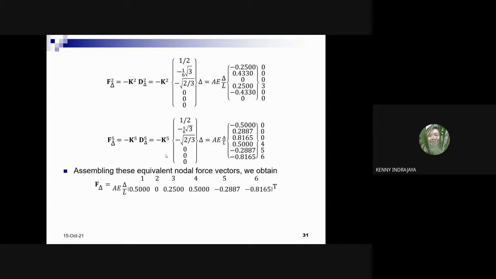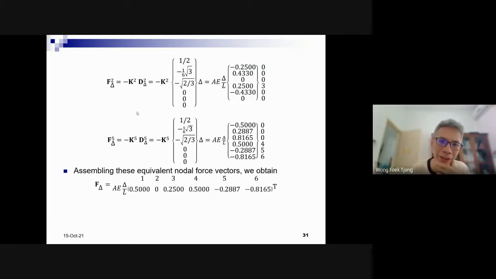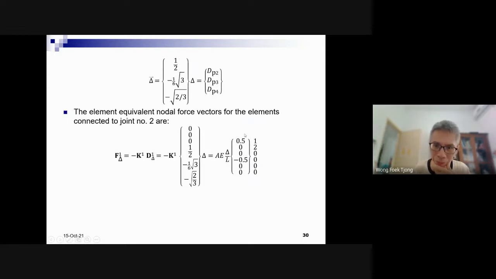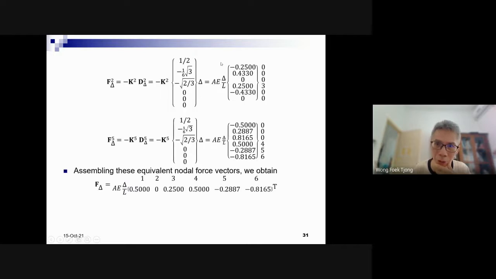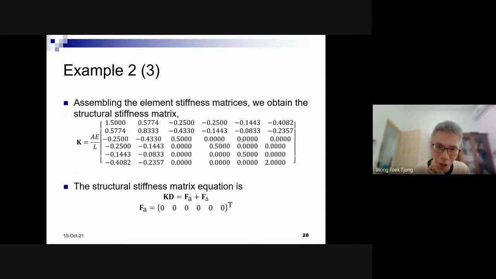Okay. Thank you, sir. I think this is just matrix multiplication. We get this 1, 2, and 3. This is the equivalent nodal load factors, or nodal force factors, due to the presence of prescribed displacement, or the spot movement delta. Here we have factor delta. Again, our target is to calculate for the structure.